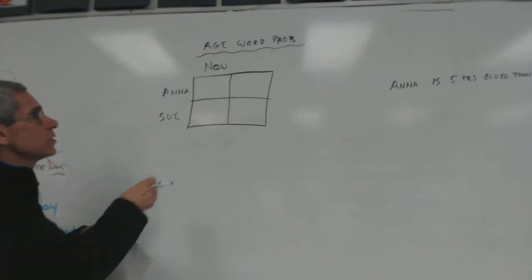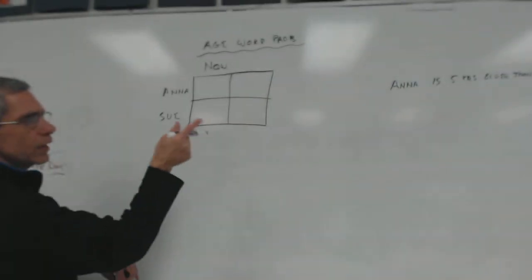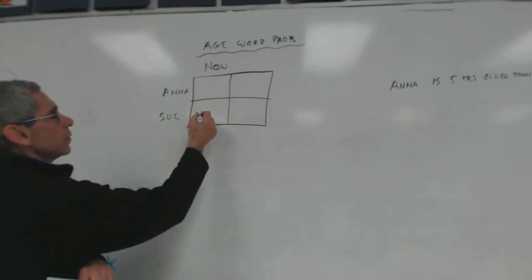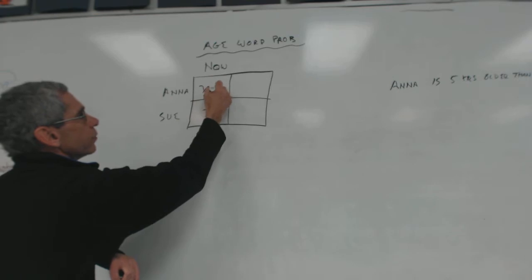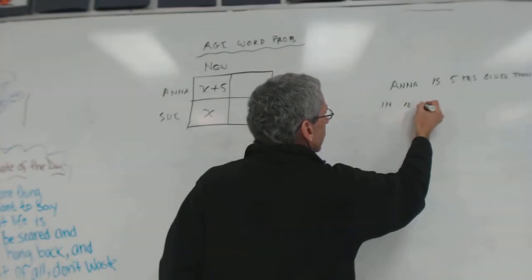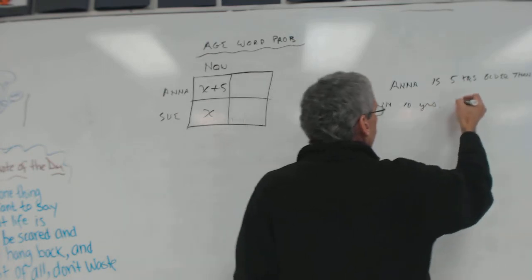Anna, so this is my now column. But what would I put here? Anna is 5 years older than Sue. X plus 5 under Anna, X is Sue. Right, beautiful. Now, if I said in 10 years, Anna